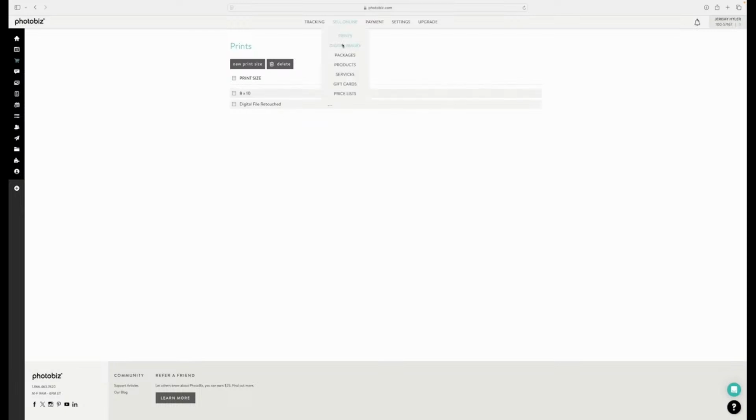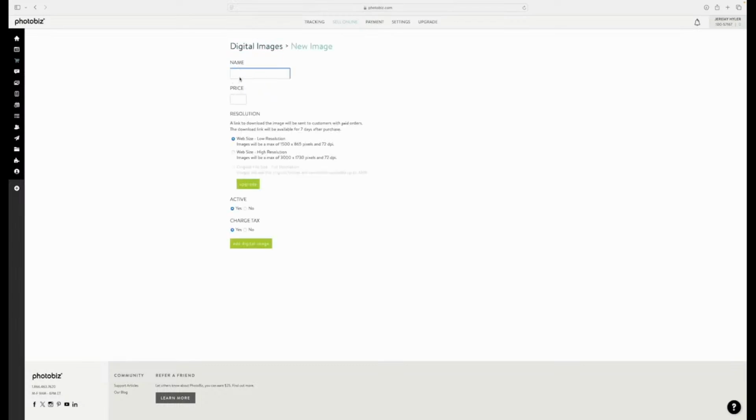The next thing you can do here, if you want to offer digitals as an option, you can click on digital images, and this will allow you to sell digital downloads that are available once clients have paid for their order. So we'll click new image, and we can put in our digital image name. So we're going to call this one social media file, and we'll put a price,